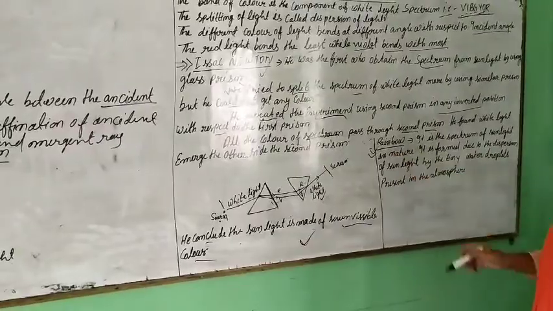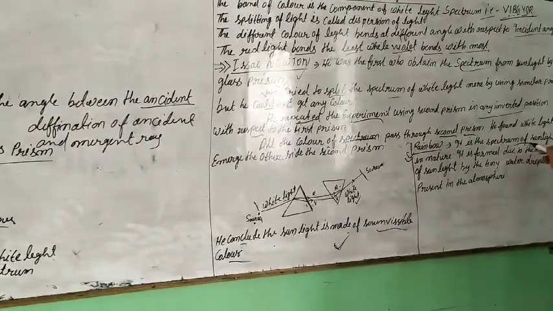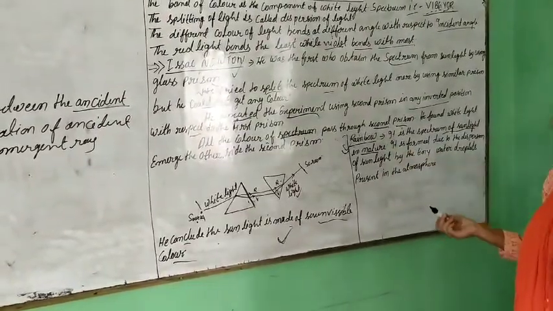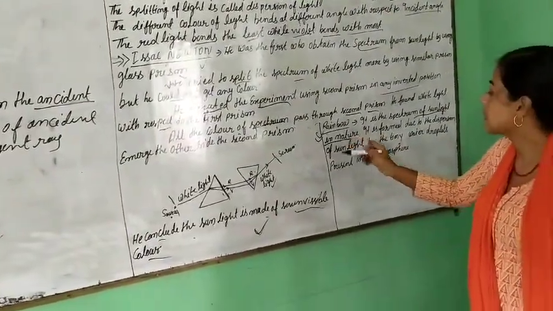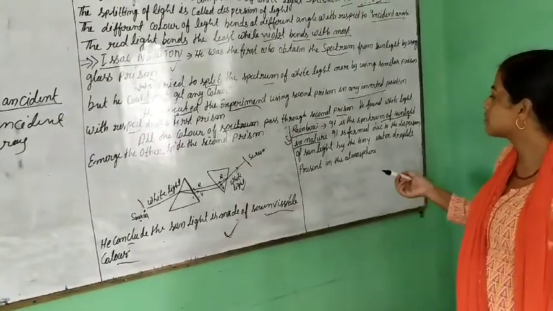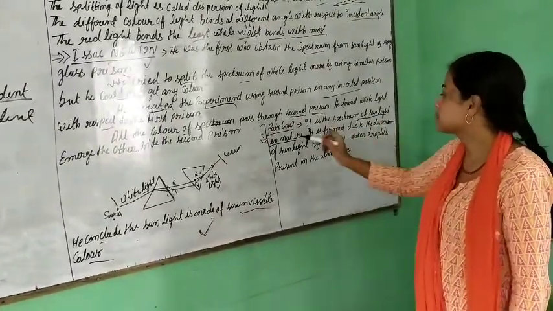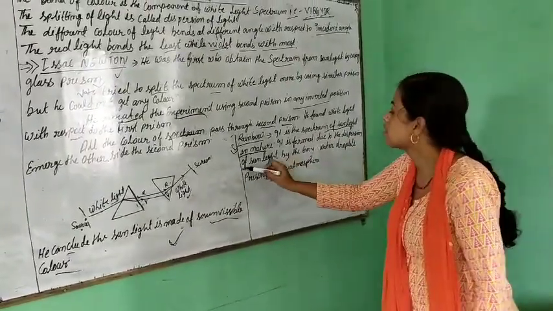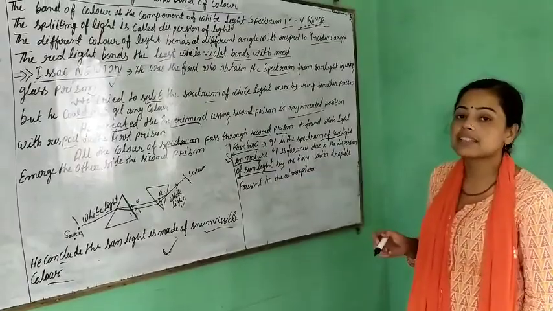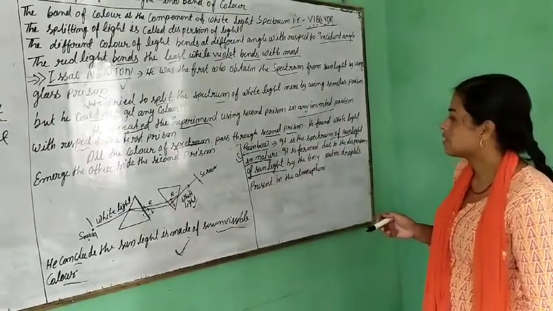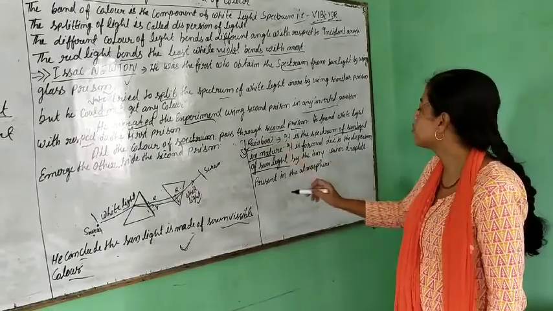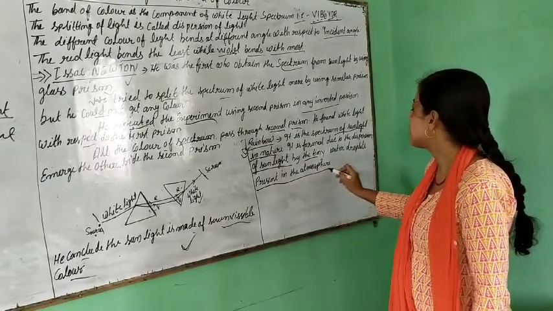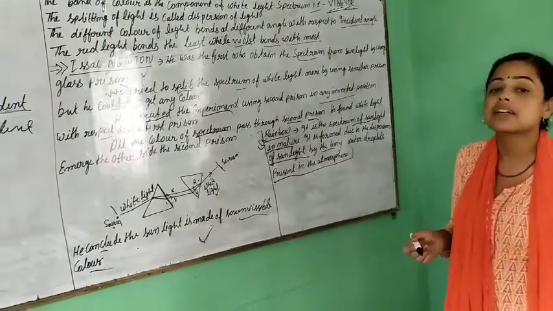Let's see the rainbow. What does it mean? It is the spectrum of sunlight in nature. This is the natural prism, and you can say that this is dispersion. It is formed due to the dispersion of sunlight. In the rainy season, we can often see a rainbow, formed by the tiny water droplets present in the atmosphere.